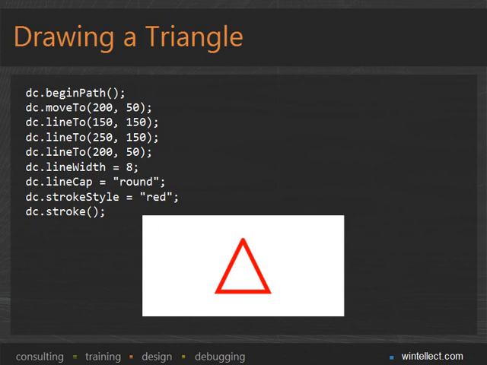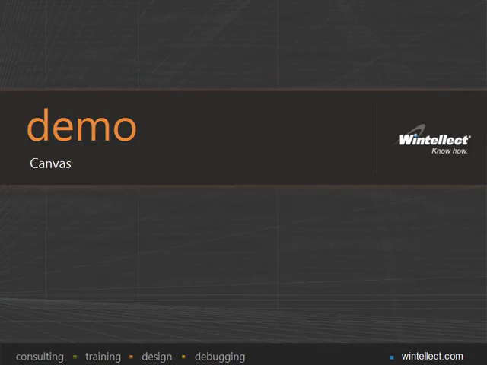Of course, you're not limited to arcs. You can use lines and splines also as the boundaries for the edge definitions on these paths. In this example here, I create a new path and I'm calling moveTo and lineTo to position an imaginary pen and draw to different points forming a triangle. Then, when I call stroke to apply ink to that path, I get the triangle that you see. Had I called fill, by the way, instead of seeing a triangle outline, you would have seen a filled triangle. So those are the bare bones basics of Canvas,